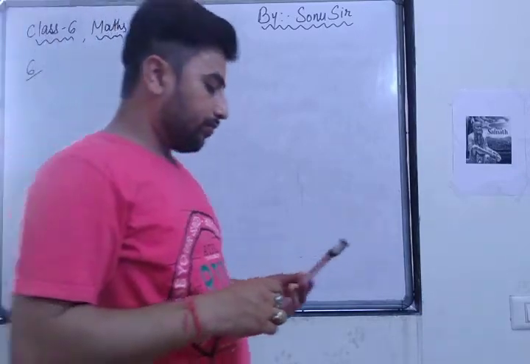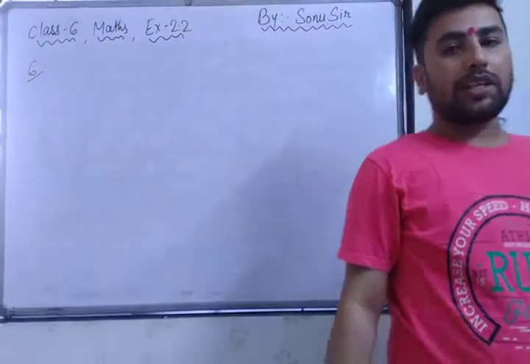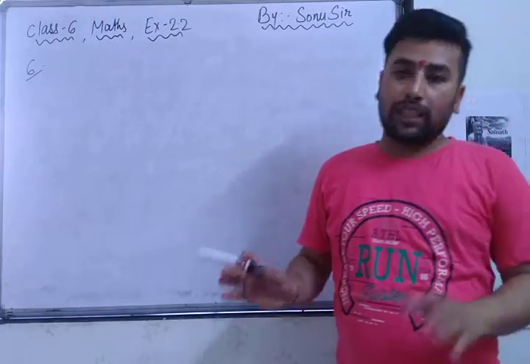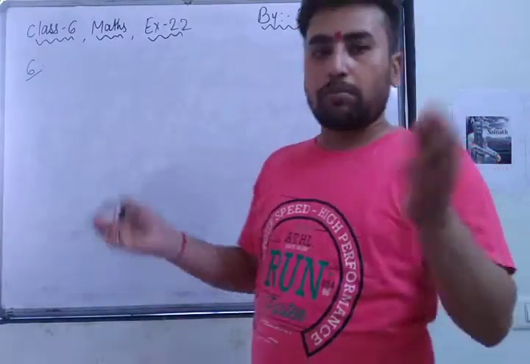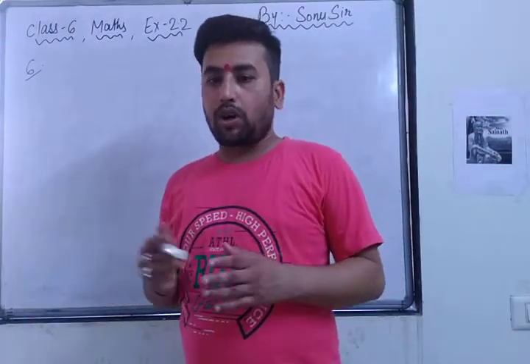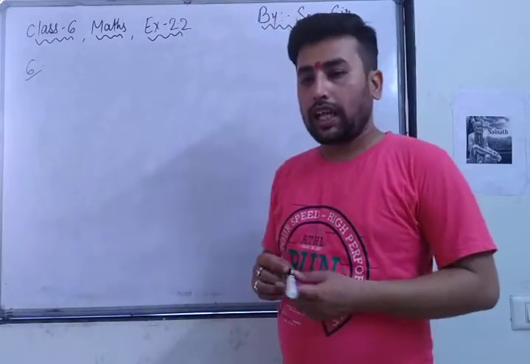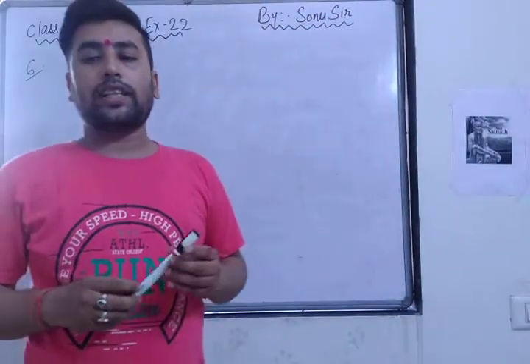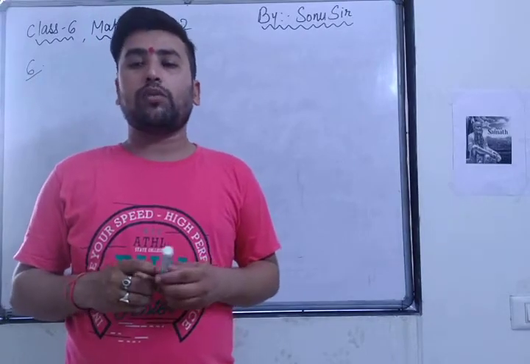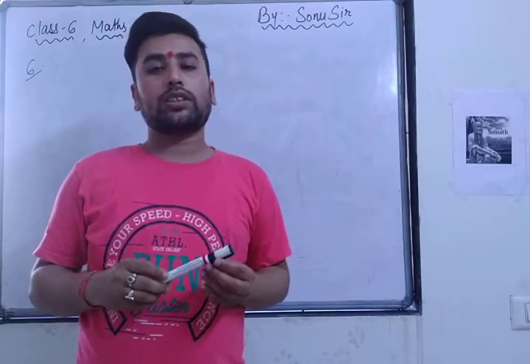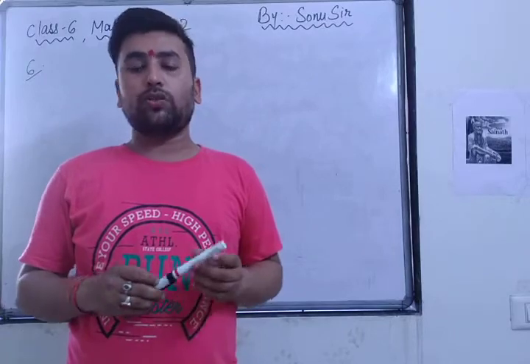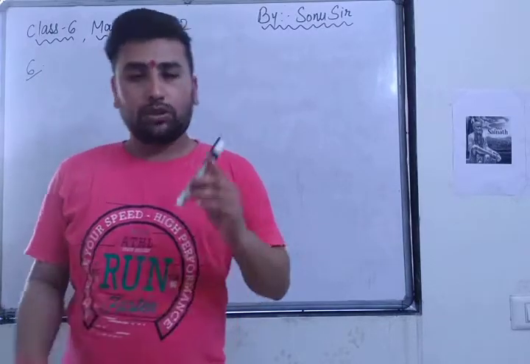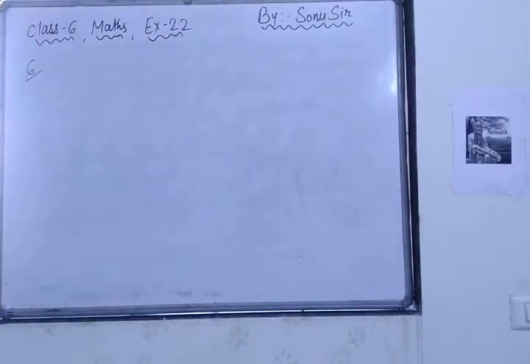Means, first of all, here the milkman or milk vendor is there. He is supplying milk to the hotels in the morning and evening. In the morning he supplies 32 liters and in the evening he supplies 68 liters. Now you have to find the total cost of morning and evening. Morning cost or evening cost, I am telling you, both 15 rupees per liter. So just suppose what to write in our answer.